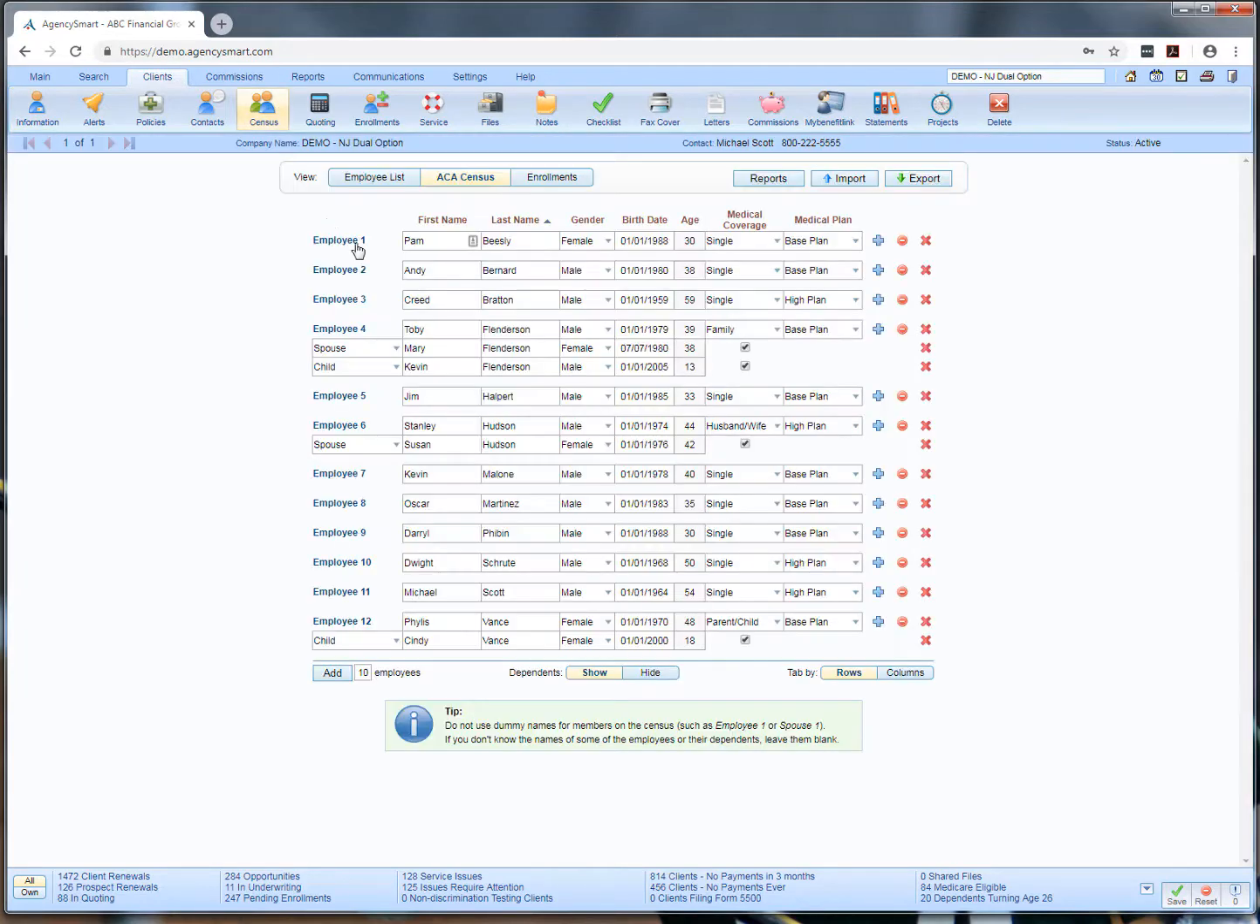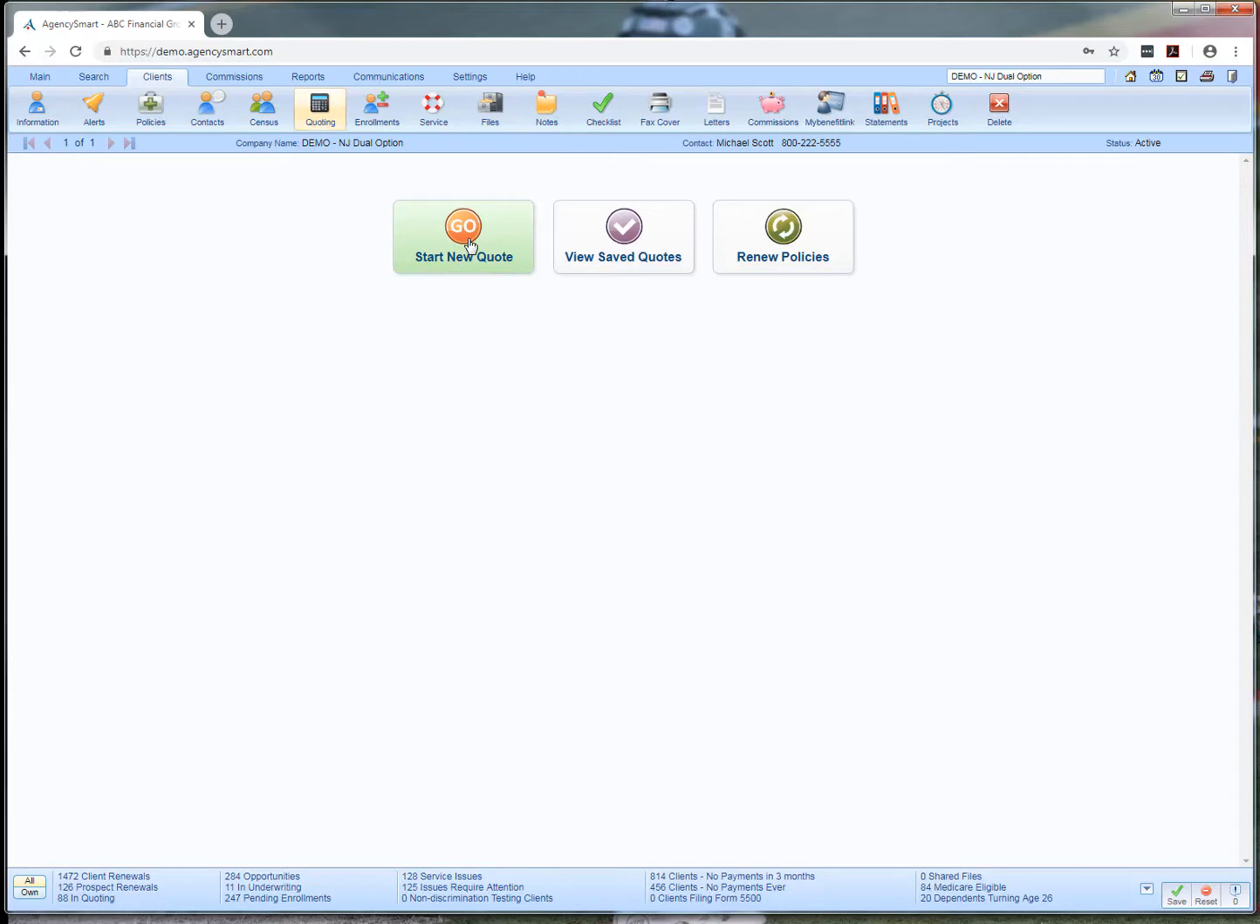We go to the census page and we want to make sure that we have all of the employees that we want to quote, and you'll see there's this medical plan selection. This is going to designate whether they're in the high plan or the low plan. Once we have that information correct, we can go ahead and start a quote. Click on the quote tab, start new quote,